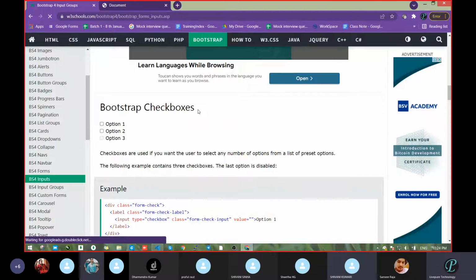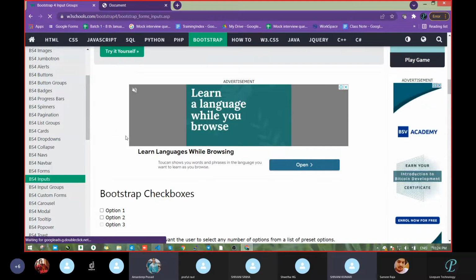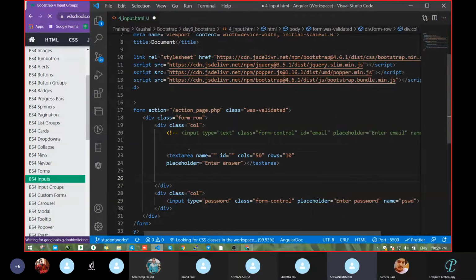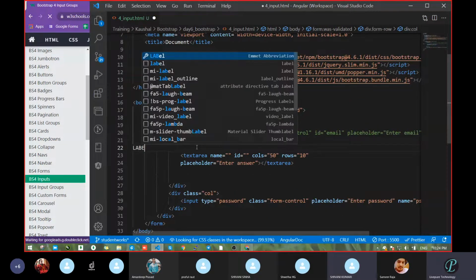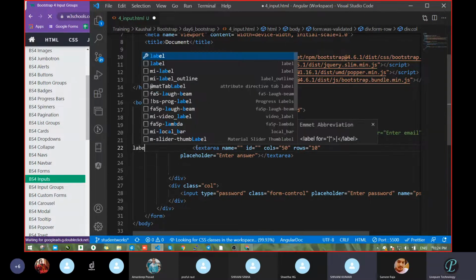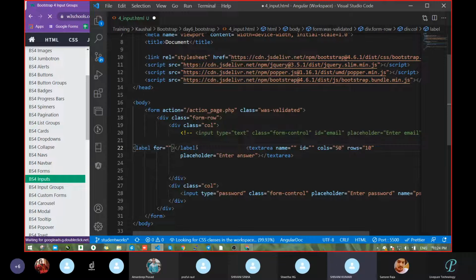Okay. So before the text area, give one label now.